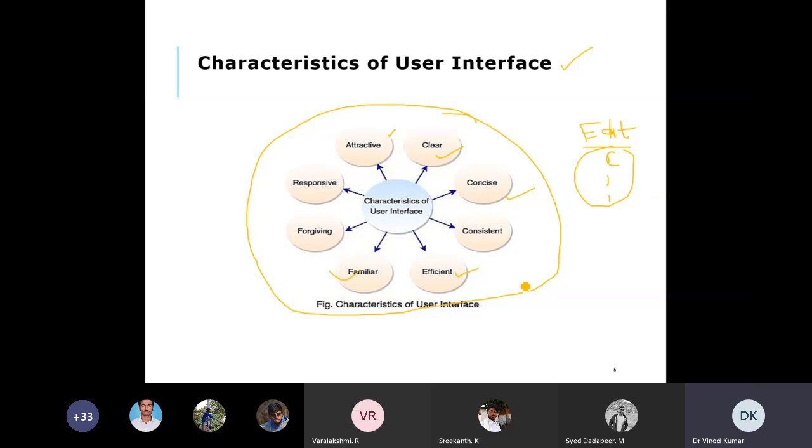So familiarity makes the work easy and fast. Otherwise you will be going on searching where that function or icon is, to perform a particular action or task. So familiarity will help you to make the work easily understandable, and you can do the work fast.